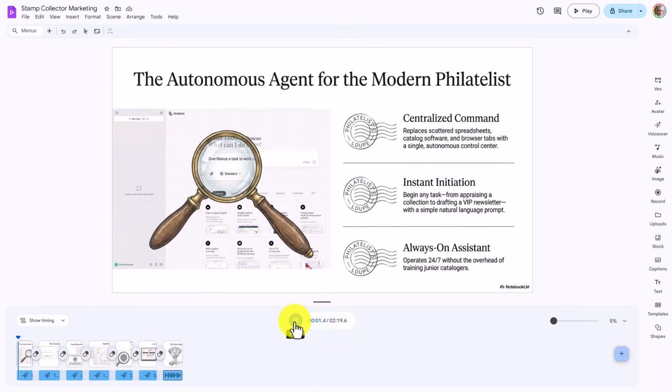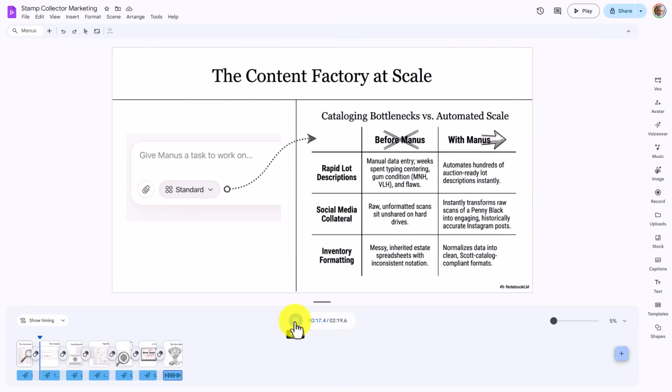Welcome to the video on the Autonomous Agent for the Modern Philatelist. This centralized command replaces scattered spreadsheets and tabs with a single, autonomous control center. Initiate tasks instantly with a simple natural language prompt and get an always-on assistant 24/7. The Content Factory at scale addresses cataloging bottlenecks. Instead of